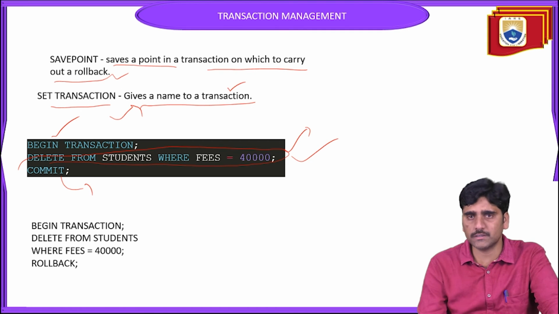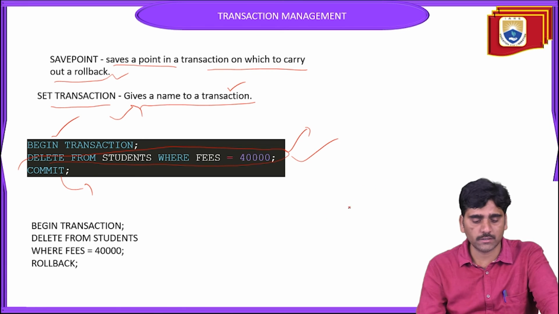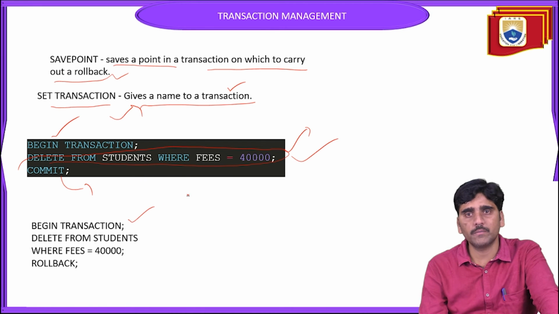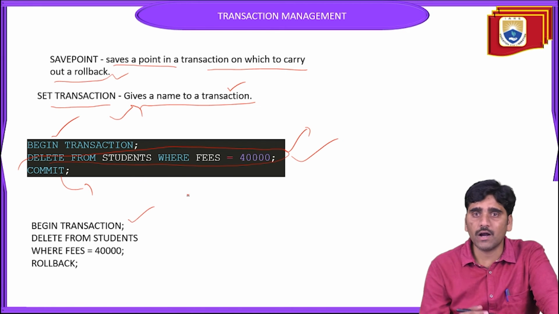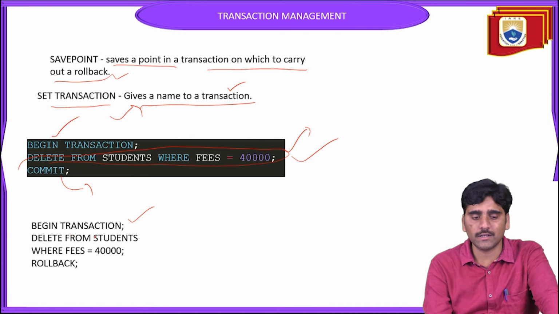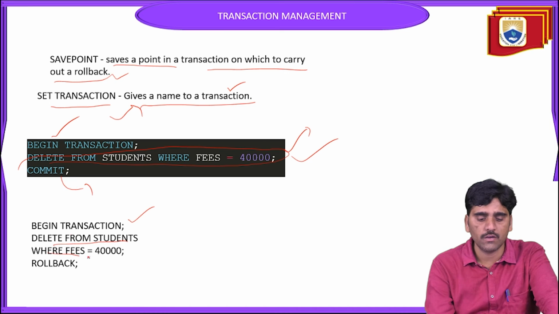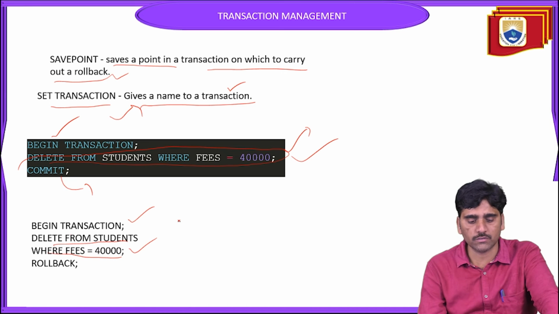So after committing this transaction, I want to roll back this transaction. So how can I roll back it? As usual, you can begin the transaction. So what is the transaction you applied? I can write the transaction DELETE FROM students WHERE fees = 40,000